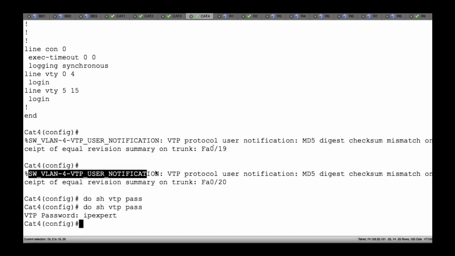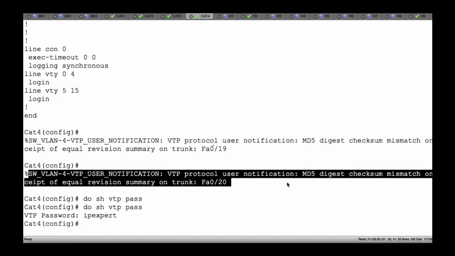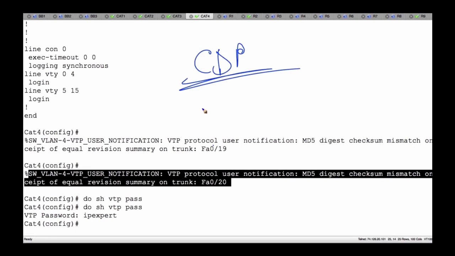Now also, interestingly enough, what we're going to see here is error messages that are being generated by our dear and sweet friend CDP that are going to allow us to recognize the fact that our VTP configs are not the same. So what we want to do is go in here and make the modification or the change to this such that we're going to support it. And in order to be able to do that, that's simple enough. All we do is do